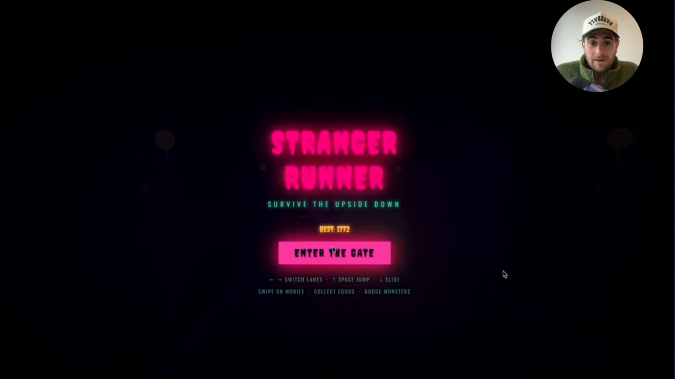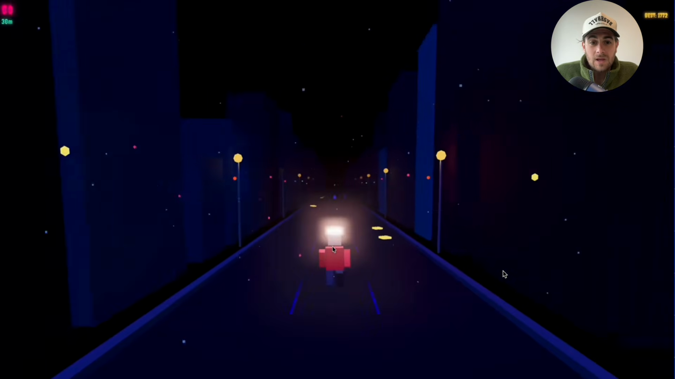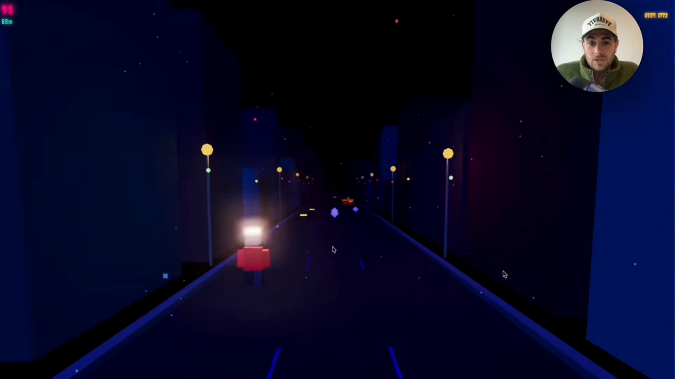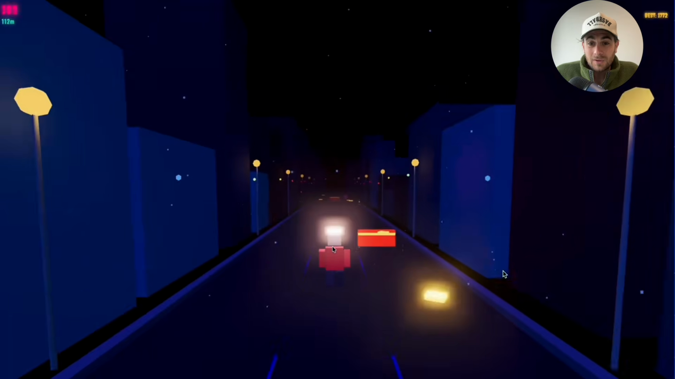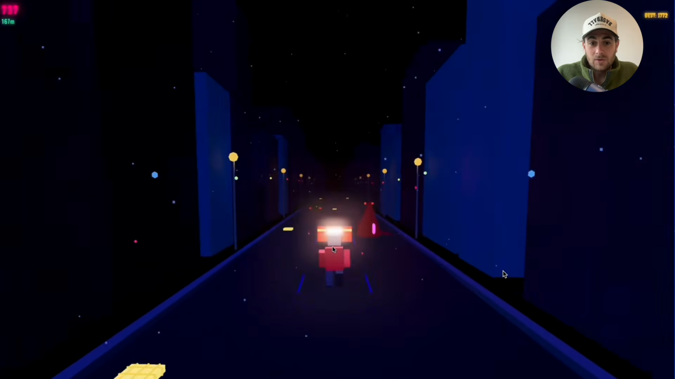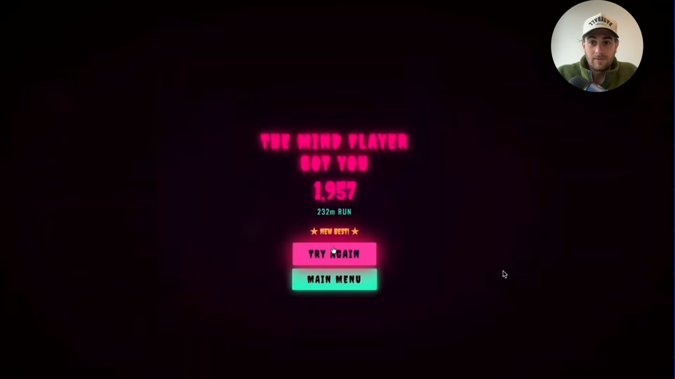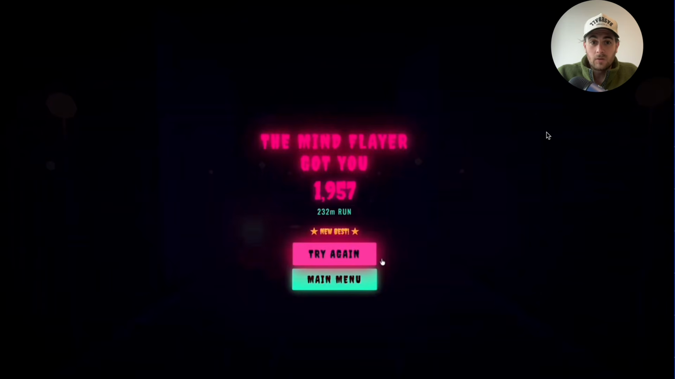And now we have our game right here where we can enter the gate, we can begin to play, and this is just like Subway Surfer, and this was literally built in just a few minutes right here. We have combos, we could jump, we have different moves. Once we actually lose here, we could see that the mind player got us. We could see where our score is, we could see how far we ran, we could try again, we could go to the main menu,